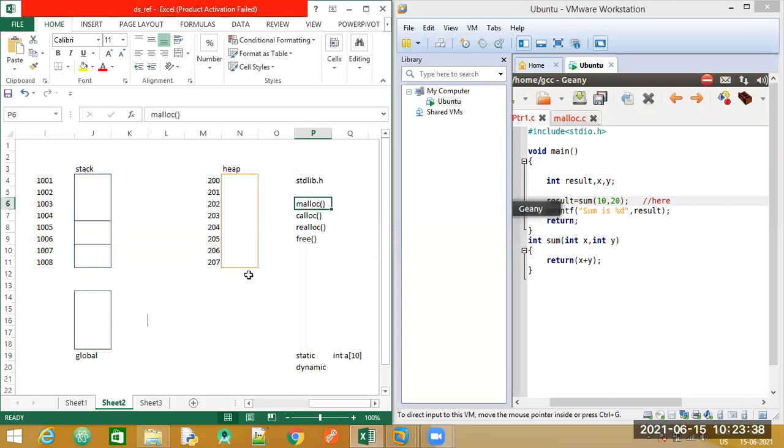No doubts? Ma'am, what if you don't clear the memory in the heap? What will happen is that the memory block is still allocated. No other variable will be able to use it. Nothing much happens, since you're writing small code, so a big difference will not be there. But in terms of computer architecture and going at a deeper level, we say that it is a bad programming practice.